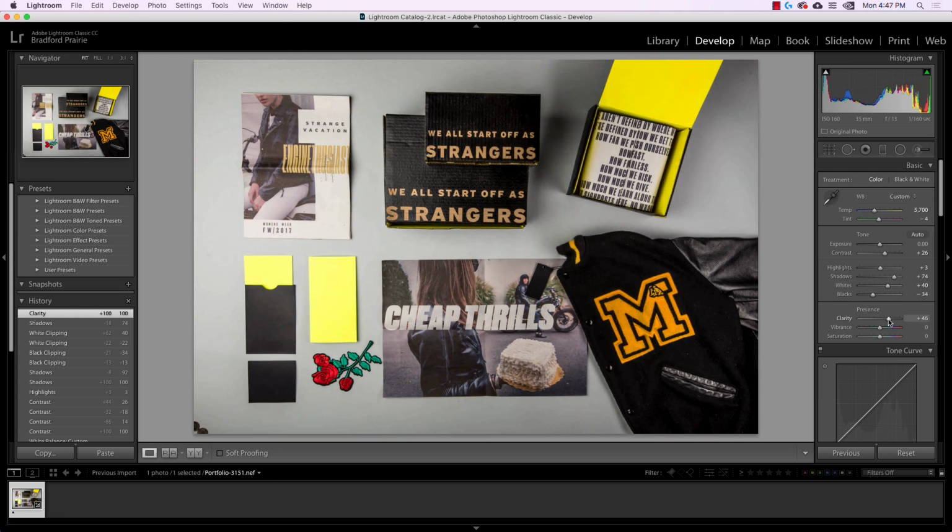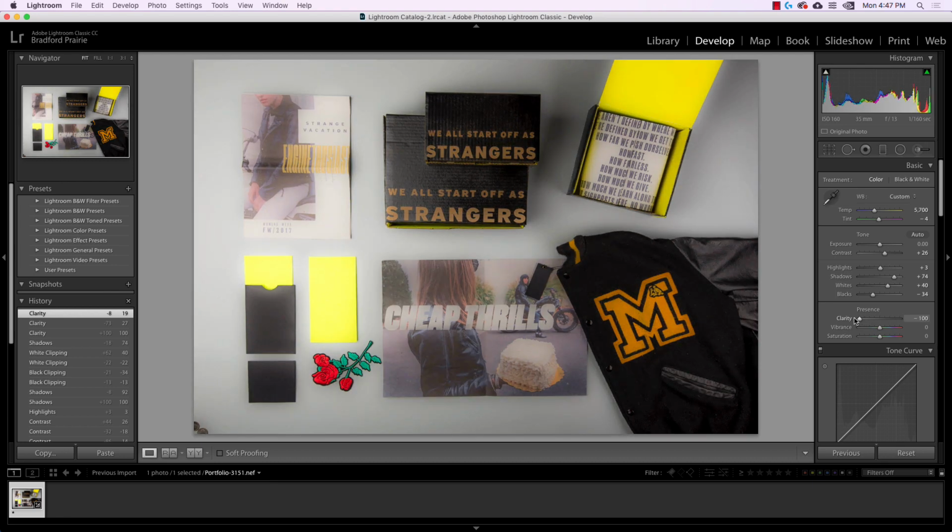In some cases, you might go up to plus 50 for products, but you really don't want to go much higher than that. Again, certain photos have a certain baseline clarity, so in some cases, you might not have to raise it at all. In some cases, you might even turn it down a little bit. In a lot of cases with products, you'll probably be raising this a little bit. It's also a really good way to bring out text. I bump this up and you look at this text area. If I slide it up and down, you can really see how it makes that text really readable and contrasty,